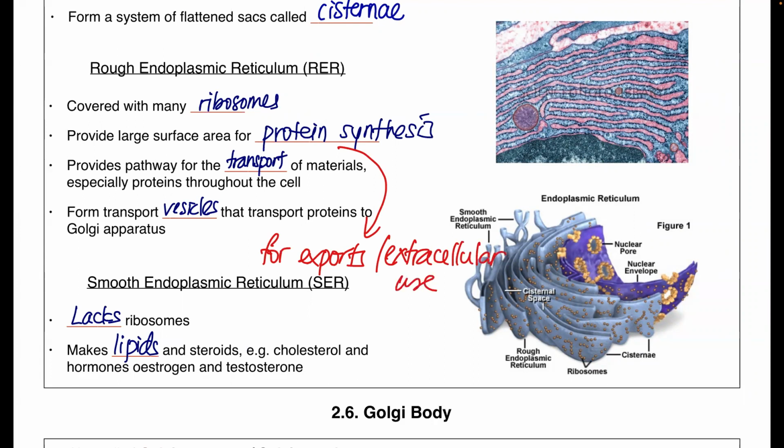For example, if you secrete insulin or any hormone that's protein in nature, they are synthesized by the rough ER. For other proteins which are to be used within the cell, yesterday we also learned that your ribosomes can be freely floating in the cytoplasm. Ribosomes which are freely floating in the cytoplasm are responsible for synthesis of protein to be used within the cell